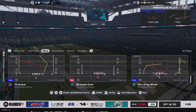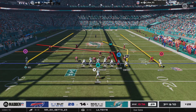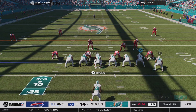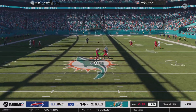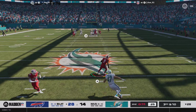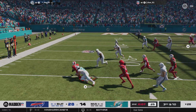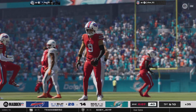He was trying to get it to Tyreek Hill there. Third down coming up. Here's 2. Mistake late in the half. It is intercepted. And his offense is going to be all set up with a short field and a chance